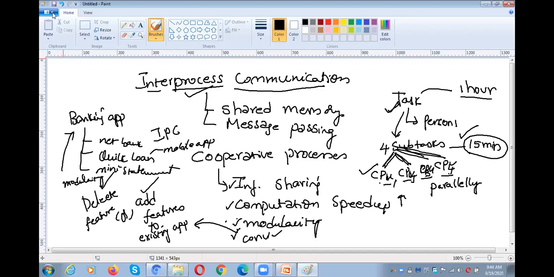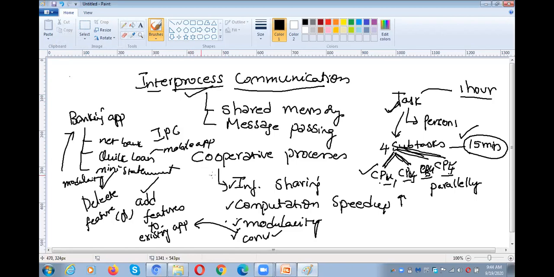That is the introduction part of interprocess communication. So what is interprocess communication? Interprocess communication is required to communicate from one process to another process. What are the two interprocess communication mechanisms? Shared memory and message passing. Which processes are willing to share the information?